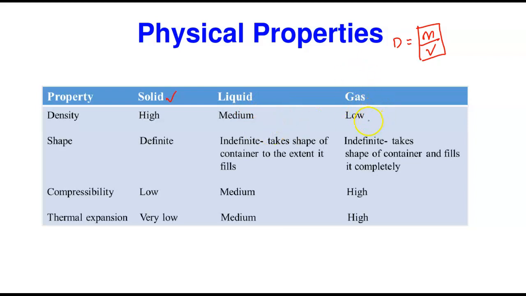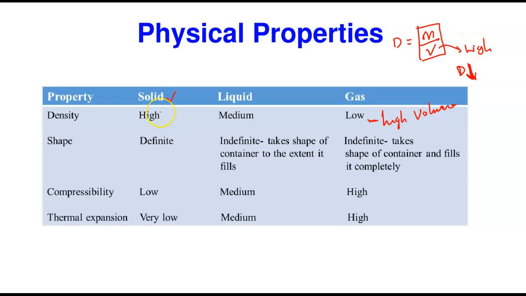And the reason why gases have very low density is because they have what? The gases have very high volume. They occupy whatever volume of the container. And if you look at this equation, if the volume is high, the density is going to actually be low. That's exactly what you see from this equation. So the volume is really high, and that's why the density is really low all the time.